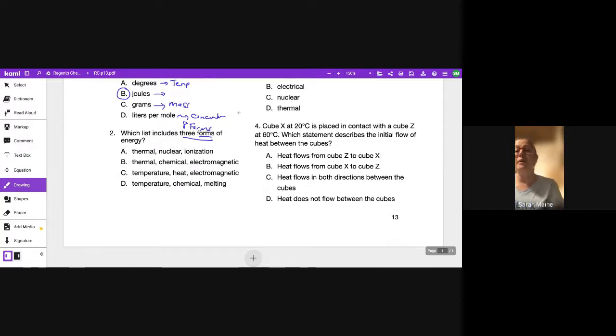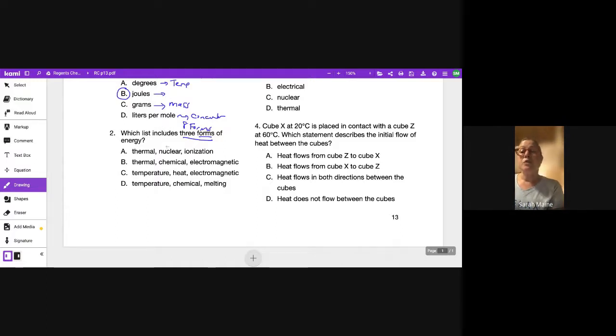So think about on page 12 what we listed, and we have to choose a list that has at least 3 of them. So a great test taking technique for questions like these is you look at a response, and if you find one word that doesn't fit in that response, cross it off,